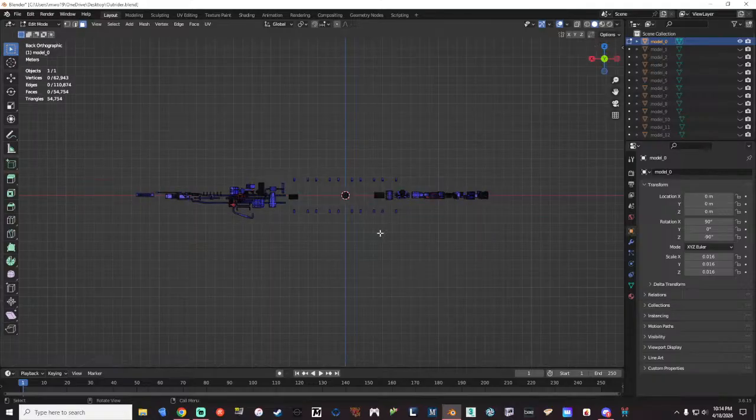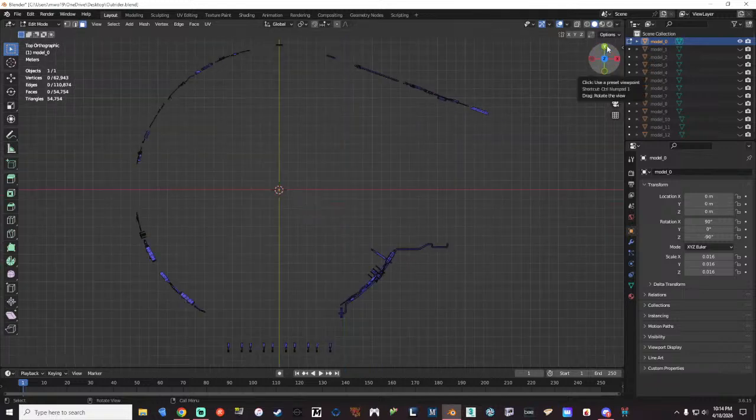Up here you can do a frontal view or top view or anything. We're going to look at the top. There we go. And then we're in edit mode over here. You can do a viewport shading, which is standard. That's what we're looking at right now. You've got a wire mesh that you can do, and then an option to look at textures. You can still edit everything no matter what you have on here. But we're going to do the wireframe,